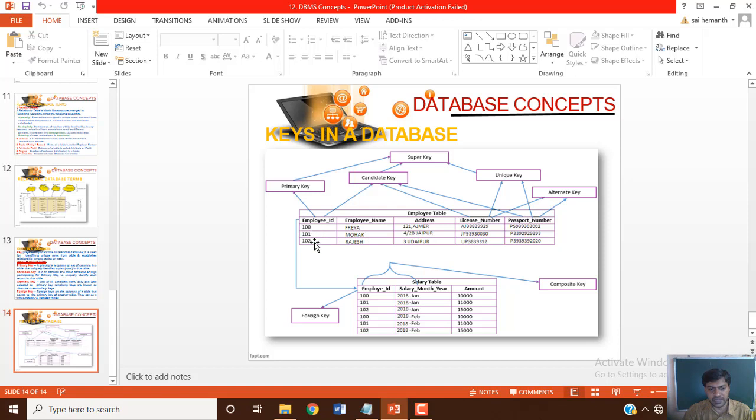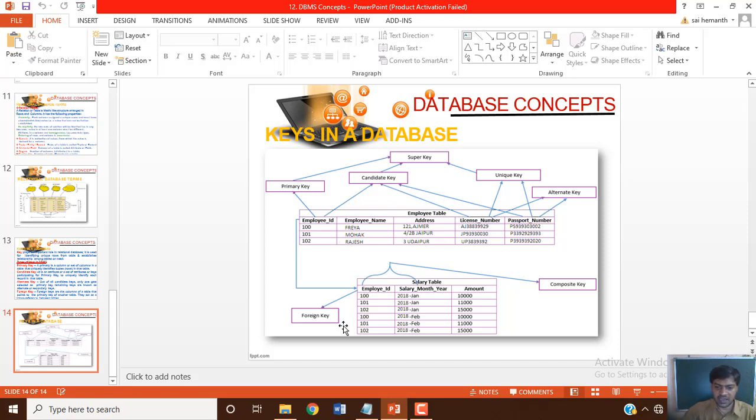In the employee table there are 3 rows or records or tuples or entities; a row itself is called an entity. So the employee table's cardinality is 3. In the salary table there are 6 rows, so its cardinality is 6.